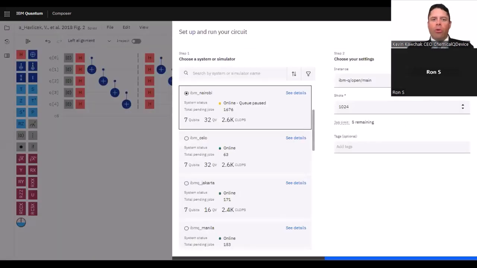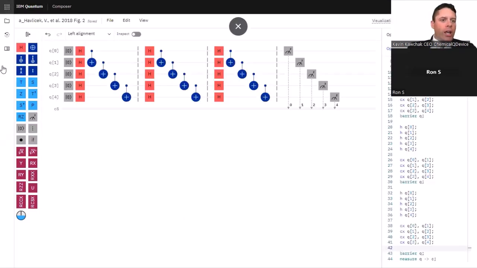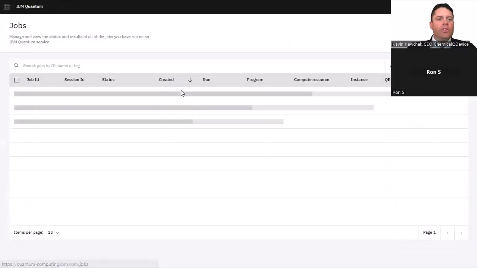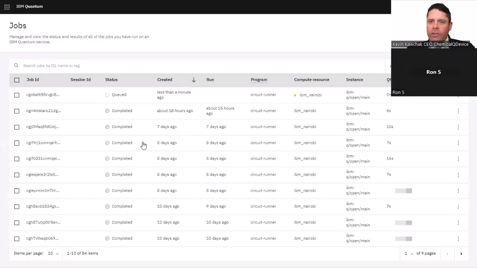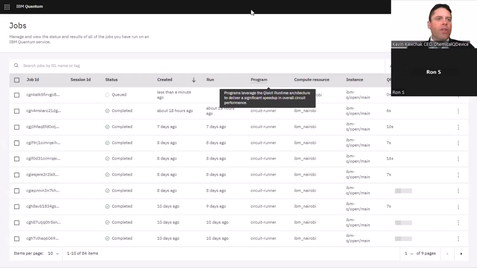I'm going to go ahead and run this on the one I usually choose, which is this Nairobi, which is 7 qubits, 32 quantum volume. And then just real quick, I'm going to pop into jobs to see how the queue is looking. Sometimes it takes a while to establish that. So while that's going, and hopefully I can get to that by the end of the discussion, I'm going to pop over to